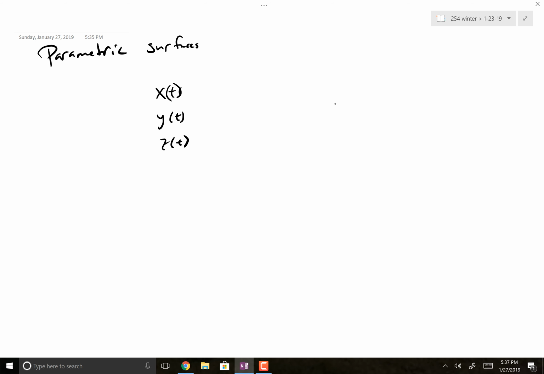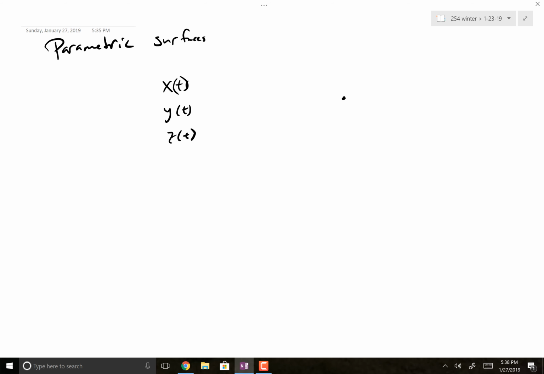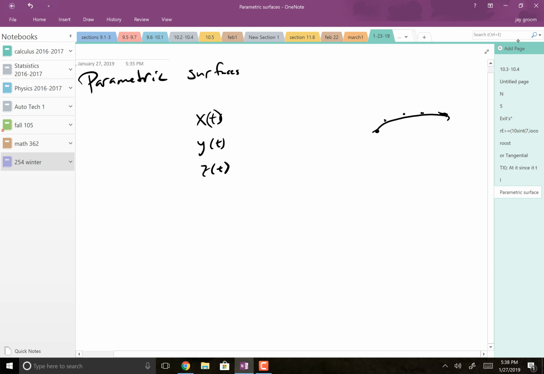However, what you're going to see is that when t is something, x will be a number, y will be a number, and z will be a number, period. That's it. That's all. Okay? So when you trace these out, you will only see a space curve. A parametric surface is similar, except that instead of having one parameter like t, it's going to have multiple parameters. Now, one of the easiest ones to think about is